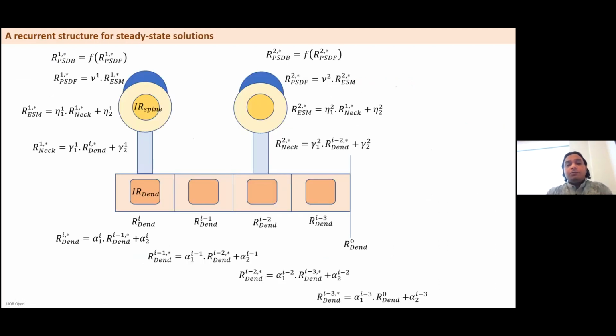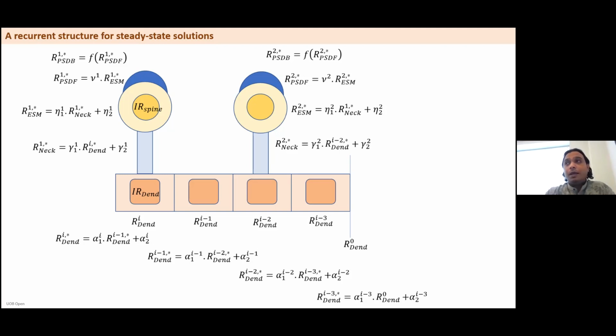Now, when we try to compute the steady state solutions using numerical integration of this large ordinary differential equation system, the problem is that, as you will see afterwards, the parameters vary in their orders of magnitude from 10 to the power minus 4 to 1 per second. And that leads to a strictly stiff ordinary differential equation, and reaching the steady state solution was taking minutes of computation. But we developed a recurrent structure, which is a novel structure for this chain of compartments,